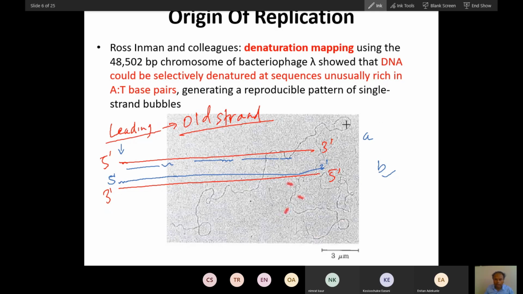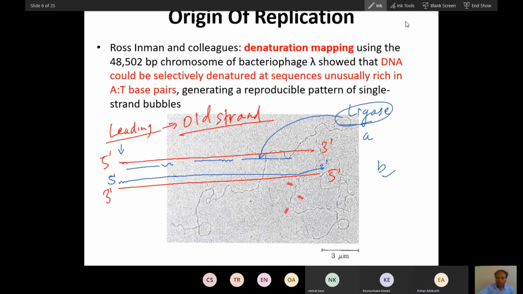So now you tell me, where is ligase required? In which strand? Leading strand or lagging strand? Lagging strand. That is what I told you. You told me leading strand, but leading strand has continuous DNA synthesis. From this also, its logic is very clear. So ligase is required on lagging strand. Ligase is for lagging strand.